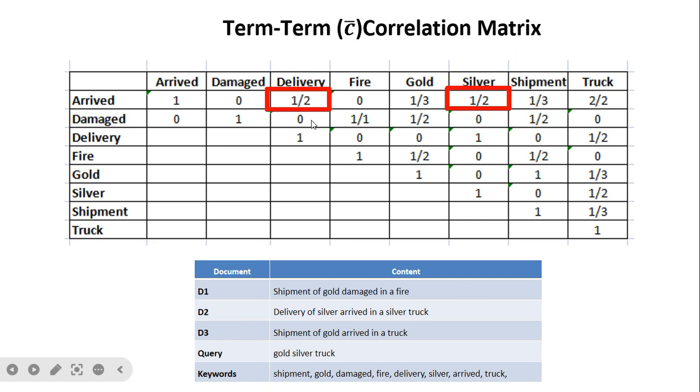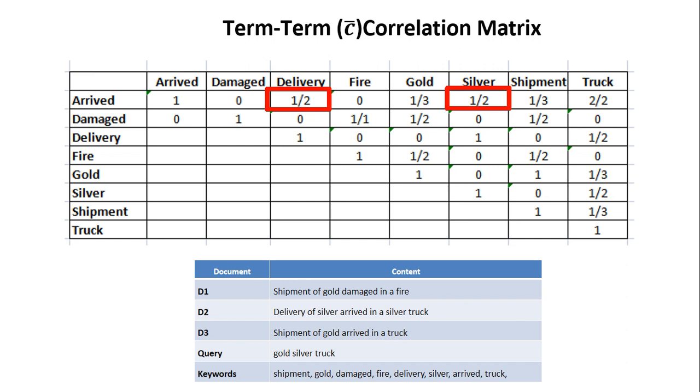Now I will explain arrived and silver. Now arrived and silver come simultaneously here. Here in gold, arrived is not present, so silver arrived is present one time, divided by how many times arrived or silver comes. Silver is there 2 times, but we need to count 1, so silver arrived 1, and the second is again arrived occurring, so it is 1 by 2. In this way we need to write down the first term correlation matrix, in which the numerator is the intersection